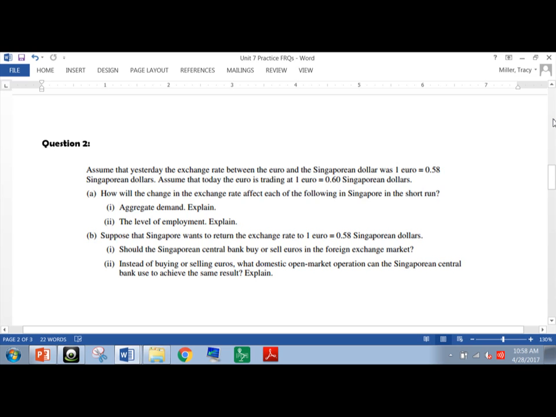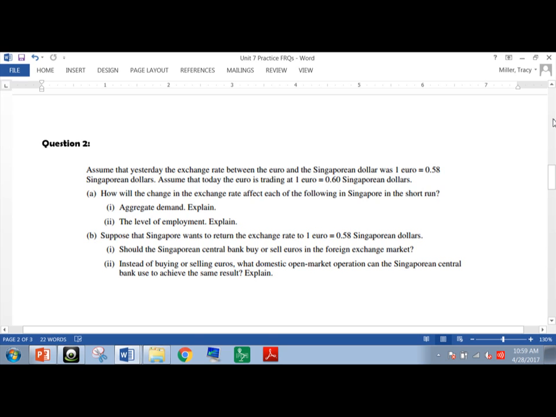So my first recommendation with this question is to just wrap your head around the exchange unit. So let's pretend that you're European and you have 1 euro and you're going to go to Singapore. So on your first trip to Singapore, for every 1 euro you have, you get 58 cents. So imagine you have 100 euro and you go to Singapore, you now would have 58 Singaporean dollars. Then the next time you go to Singapore, you still have 100 euro, but your 100 euro will give you